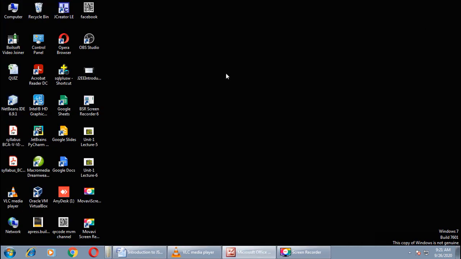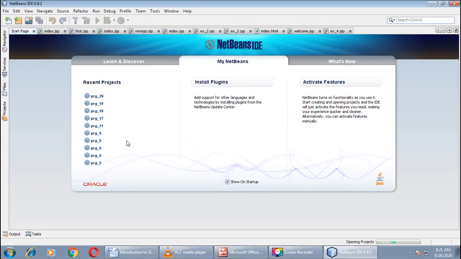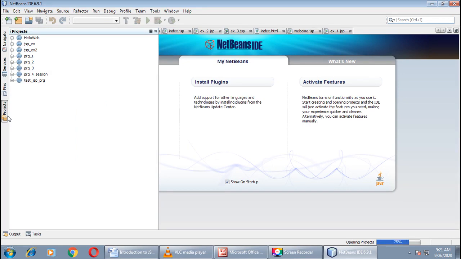So let us prepare these files in NetBeans. We need to open NetBeans. For that, here it is. Okay, if you want you can create a new project for this, or else you can use your existing project as well.